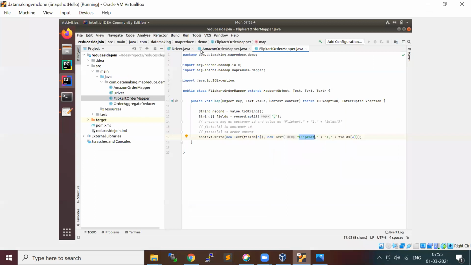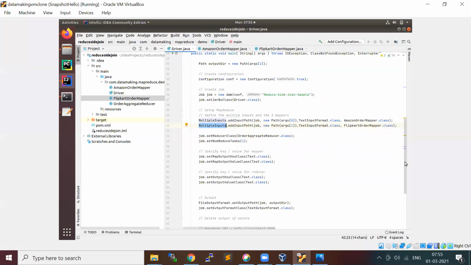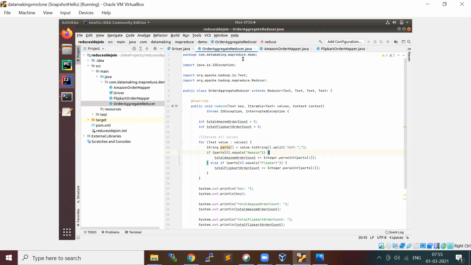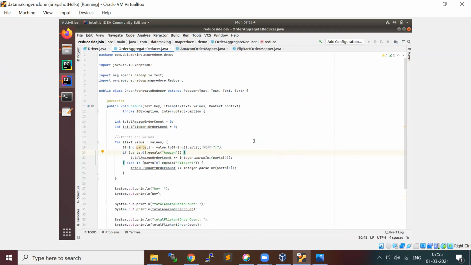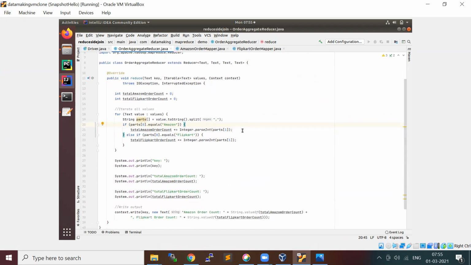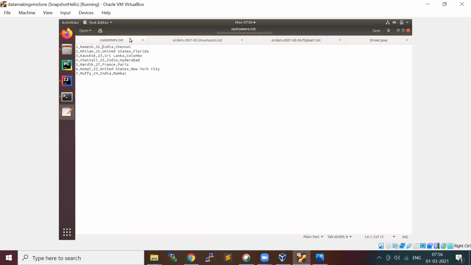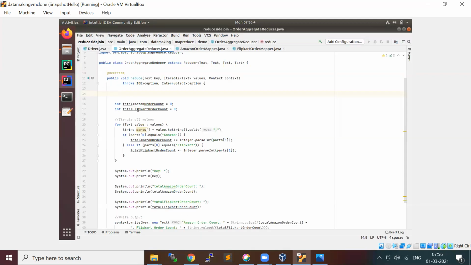Here also I just kept only one reducer, just to see the output in a better way. So it is going to come to the reducer. What we are doing in the reducer is a piece of logic. For example, for each customer, how many customers do we have? 7 customers. So if you look here, we have 7 customers. For each customer ID, the key is basically a customer ID, right?